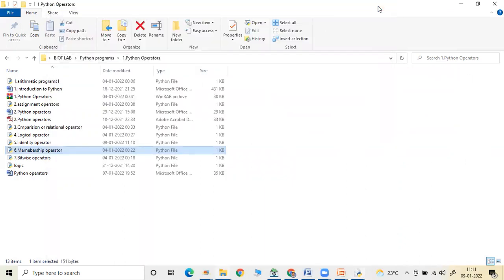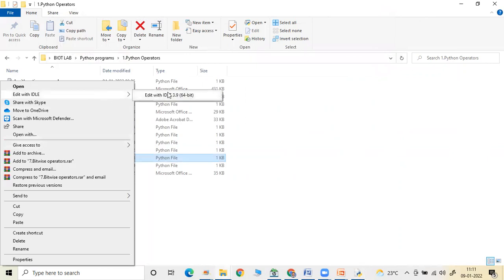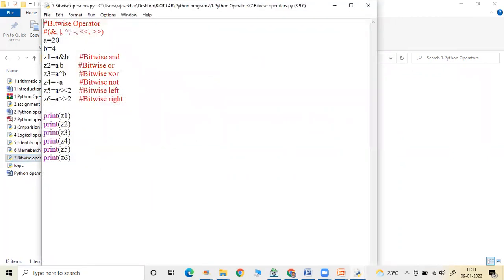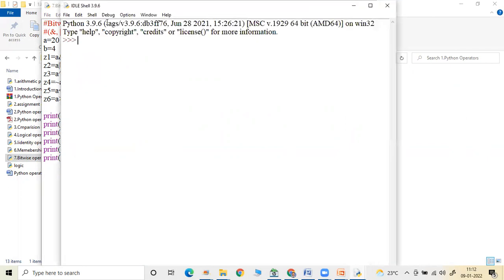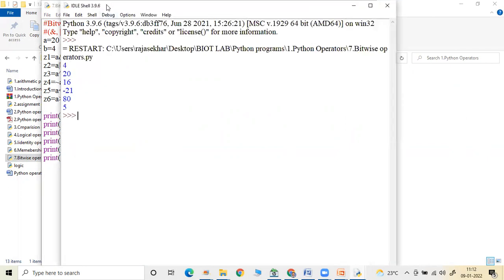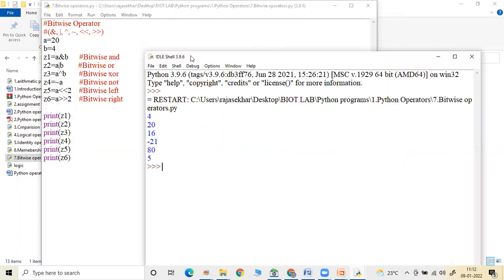Next, after that, bitwise operators. For bitwise operators, I told you: bitwise AND, bitwise OR, XOR, NOT, left shift and right shift. Here A is 20, B is 4. Bitwise operators are a little lengthy, concept-wise.